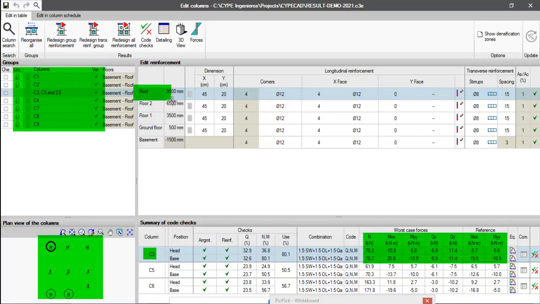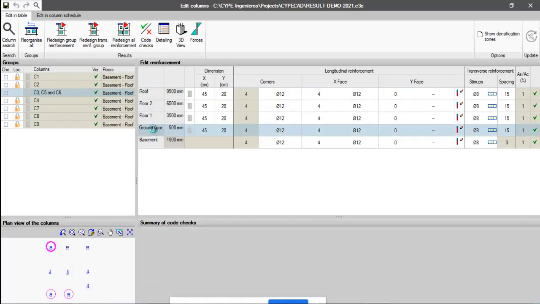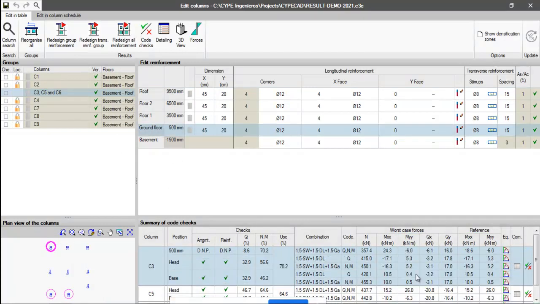Okay, if you want to change the location, for example, you want to see the forces at say ground floor, you need to select the ground floor, and the ground floor corresponding forces are visible here. Okay, so right now we have got a layout of column, grouping of column, forces available at the different floor levels, and corresponding to this floor we already have a design readily available here. So based on these loads, software has already done the design.